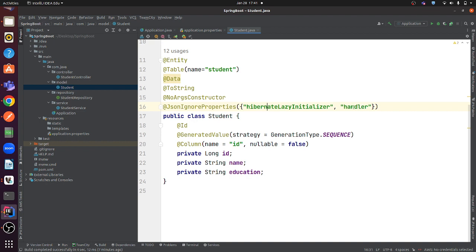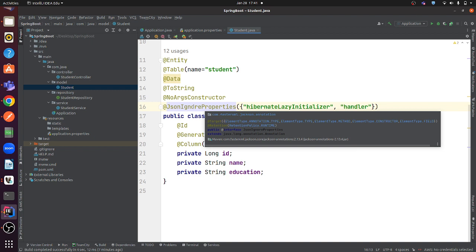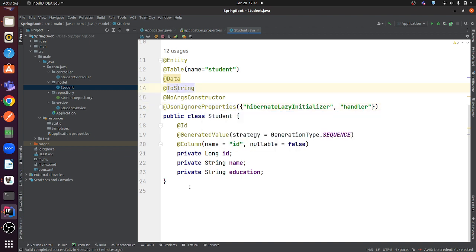I'll let you see. So for handling this, here we have defined a toString method. Data will automatically generate the getter and setter. This is the table. If you want to define the table, you define the entity; if you don't want to define the table, it will be deduced from the entity and the table will be created. Okay, so now